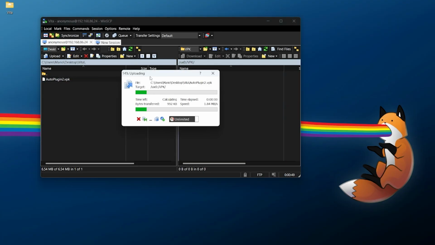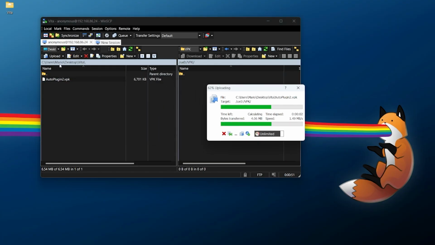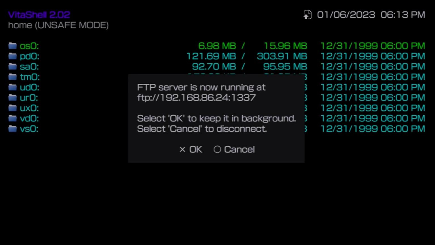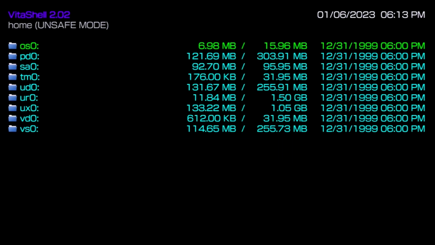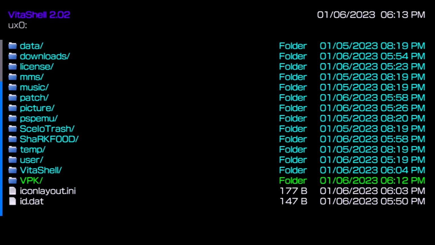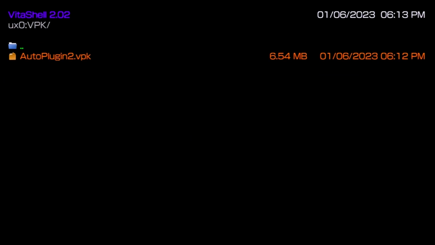hit OK. And of course, make sure on the left hand side, this is our computer, and you're going to want to navigate over to wherever you've saved this. Once that's all completed, we can now close out of here. Back over at the Vita, you can now cancel this because we're done, and go down to UX0, go over to where you transferred over your VPK file, highlight the VPK file, press X, and press X yet again to